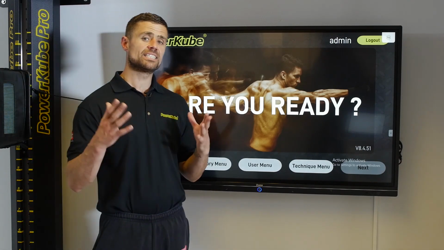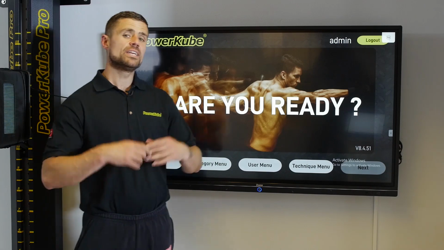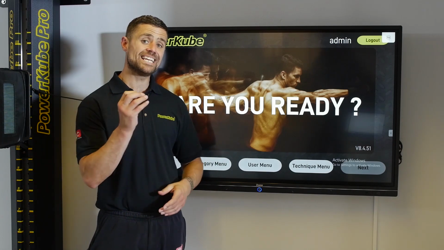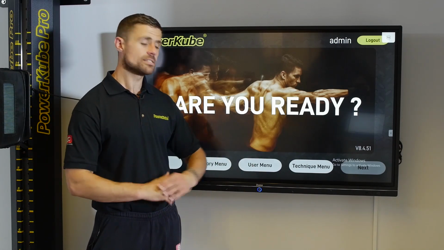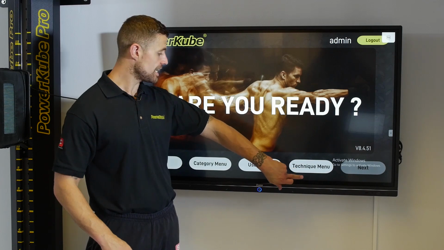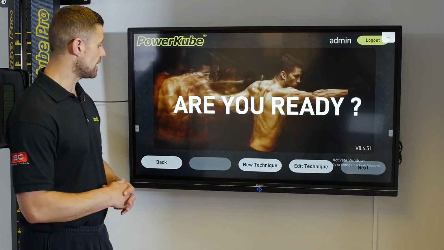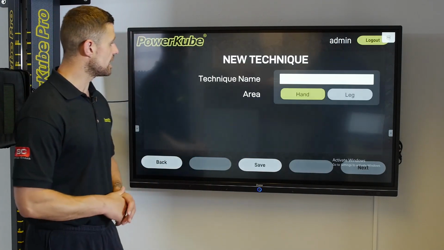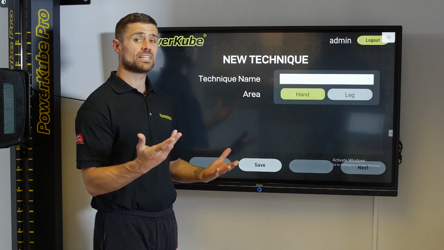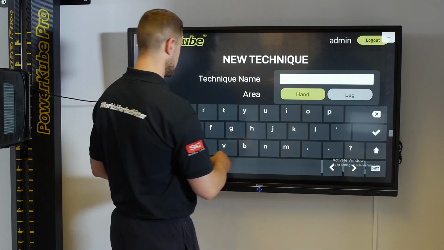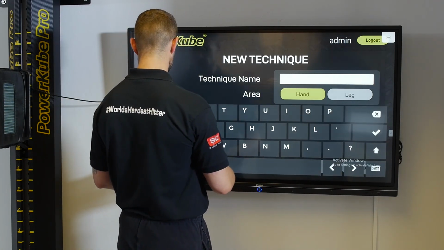And then lastly, as an administrator, it gives you the ability to edit your techniques that people can select within the technique selection part of the software. Now, if we click new technique, it's going to ask us what name of the technique. If we put something like